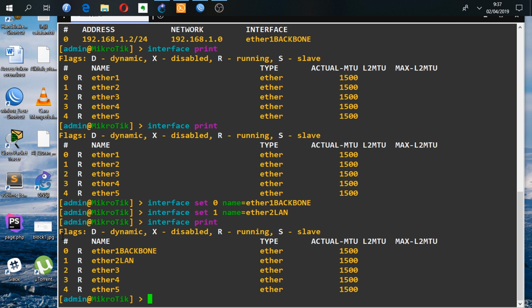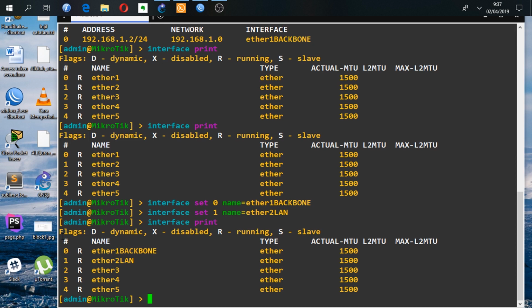You can see in the display that Ether1 and Ether2 are already changed to Ether1-backbone and Ether2-LAN. The command is interface set 0 name, and then you fill in the Ether name that you want. Changing the interface name is used to trace when there are problems in the network.